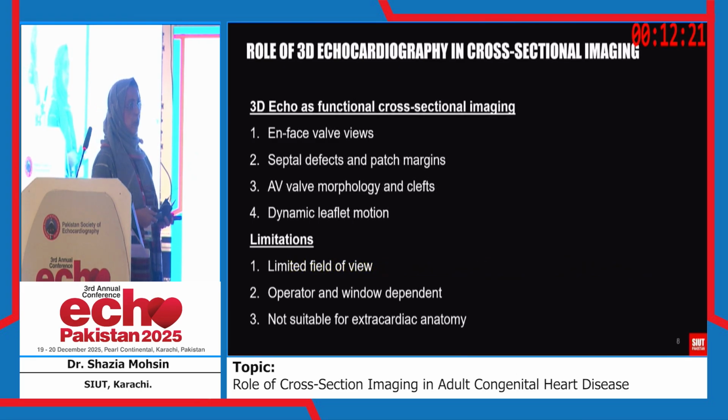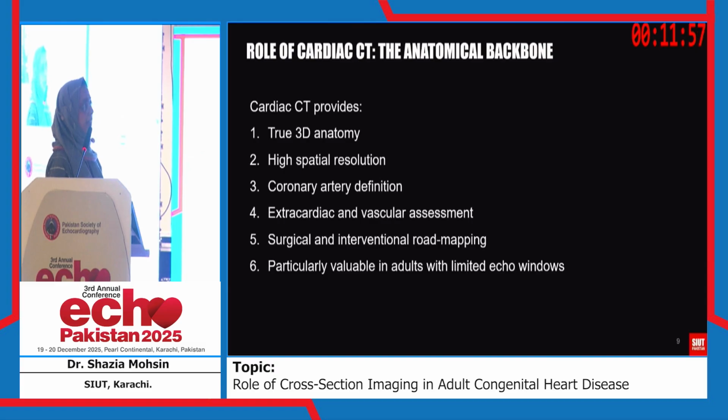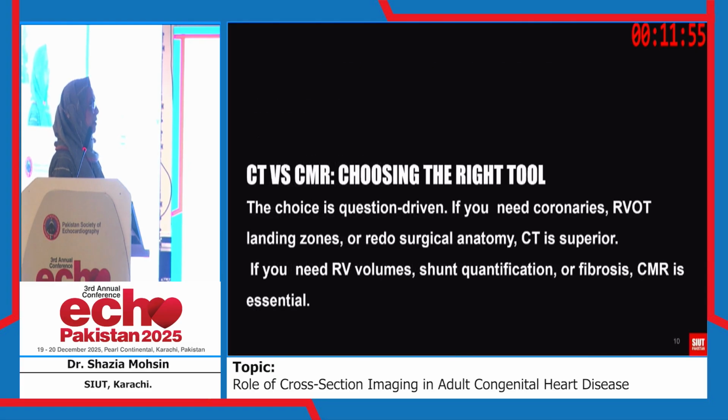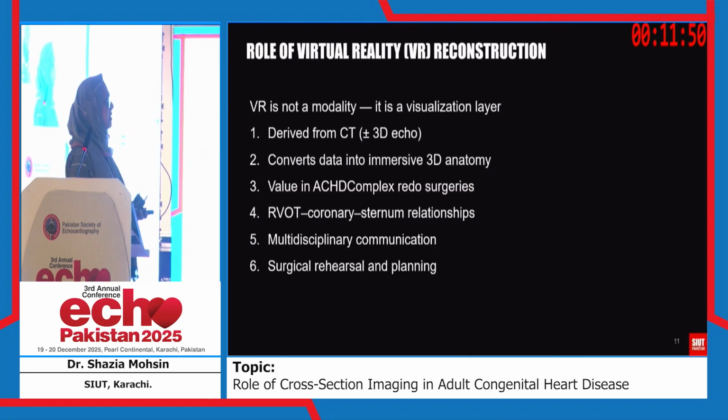So we have 3D echo. 3D echo is excellent because it has an en face view. It can identify the septal defects, the patch margins, the valves, the clefts, but it has limitations: limited field of view, operator and window dependent, and not suitable for extracardiac anatomy. Then we have CT, which we are all very well aware of, and we have cardiac MR as well. So I will walk you through 5 cases, and then we will see how all these modalities have helped us in deciding